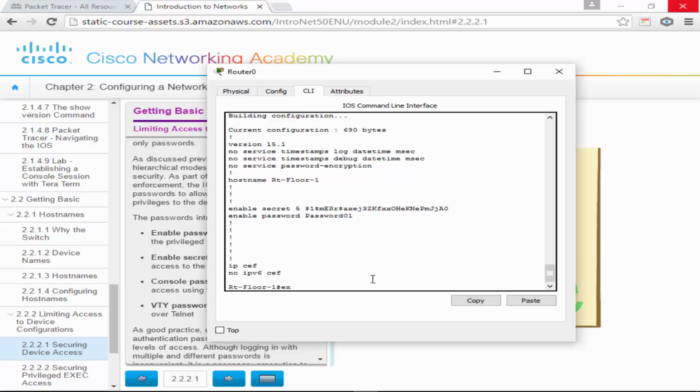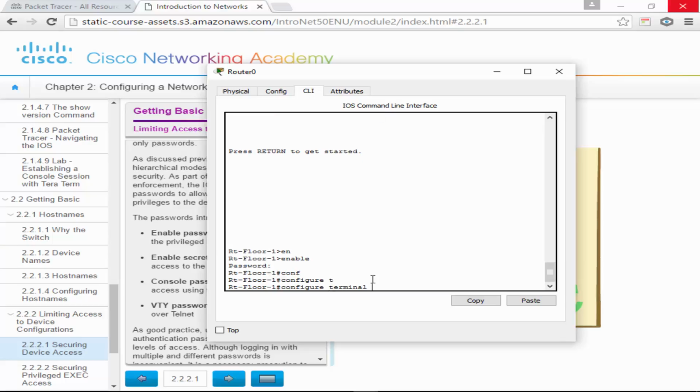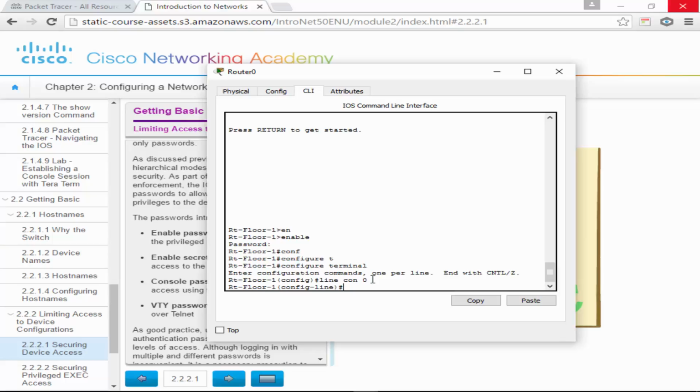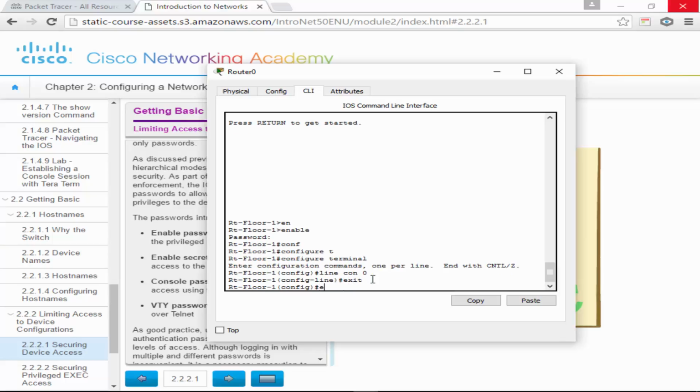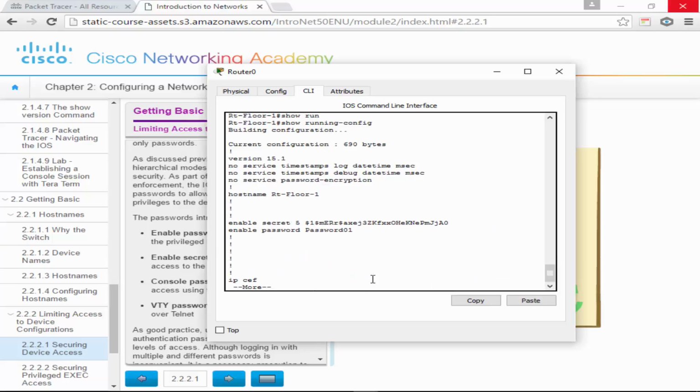So how we do that is we would go back, well, we don't have to go back to user, but I'm just going to for the sake of doing it, and we say enable, and we say password 02 because that was our secret password. And now we say configure terminal, and we're actually configuring the console, so it's specific, and we say line con 0. Okay, so how do I know con 0? Well, it's always con 0 on the Cisco device,